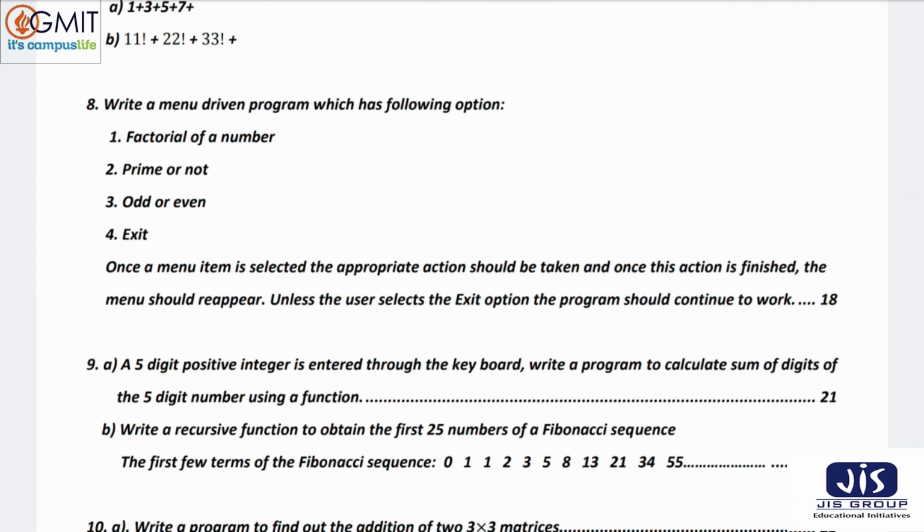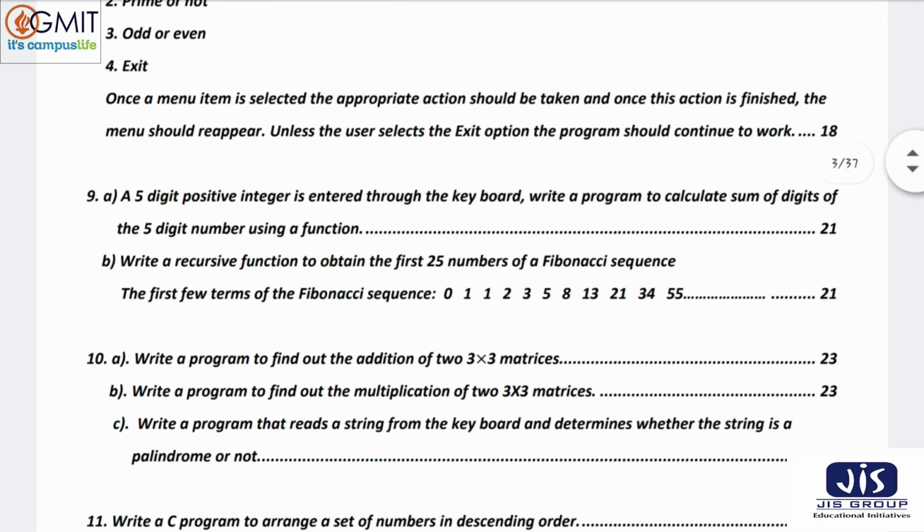Write a menu driven program which has the following options. In one program there is option 1 for factorial, 2 for prime, 3 for odd even, 4 for exit. Whatever I want to do, I can do with this single program. Okay. Then Fibonacci sequence. These are very common questions.